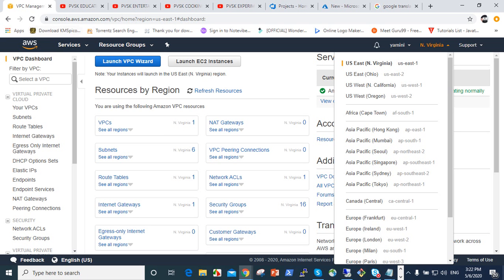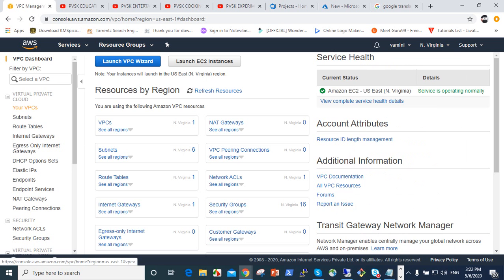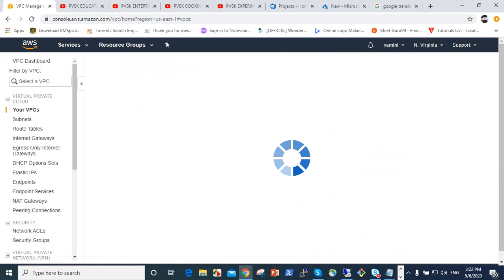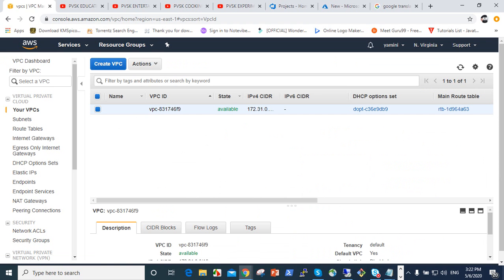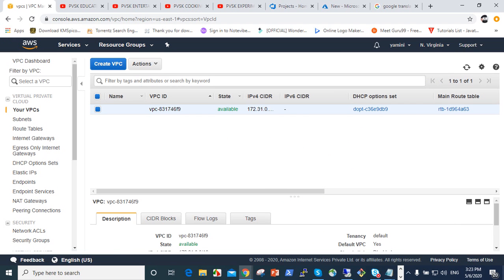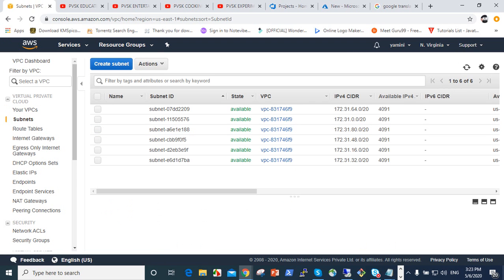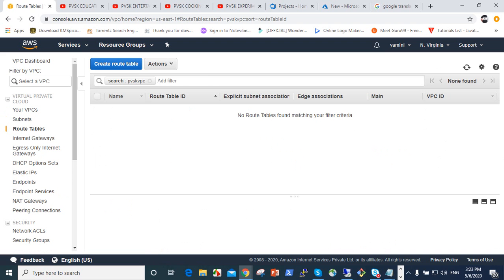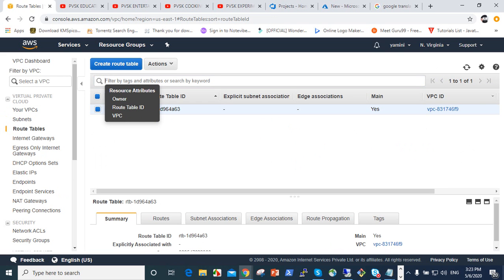Go to the VPC and click on My VPCs. So your VPC is here. We already have one VPC, which is the default VPC that comes with this region. We also already have default subnets in this region, and the route table is also created by default with the region.